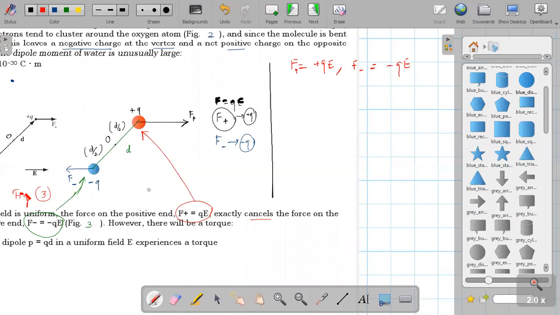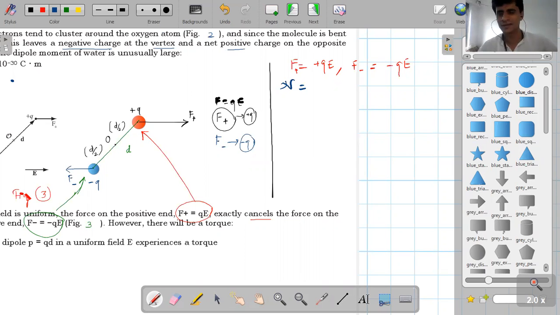Now, dear student, we know that torque equals r cross F, and here F plus is the force due to the positive charge, and F minus is the force due to the negative charge. Therefore, we can write, see, generally torque here denoted by N is equal to, this is the torque due to the positive force as well as the negative force. Understood up to this level?